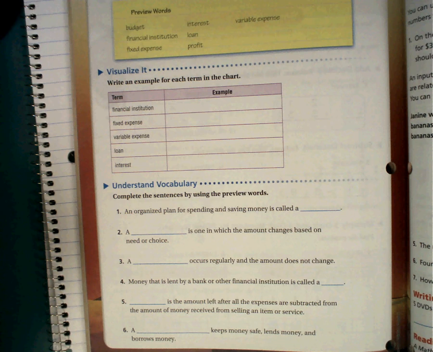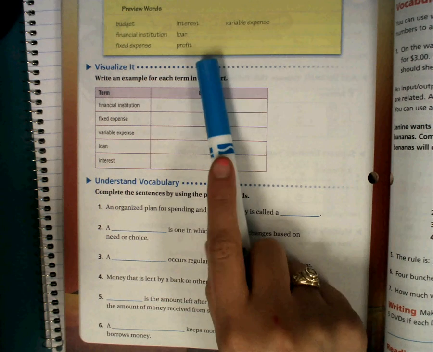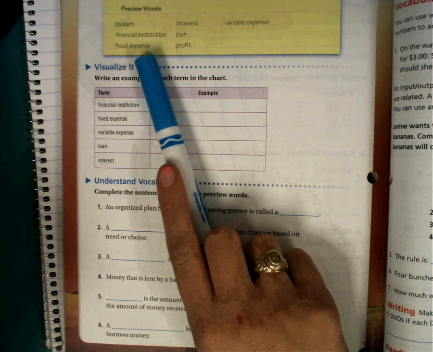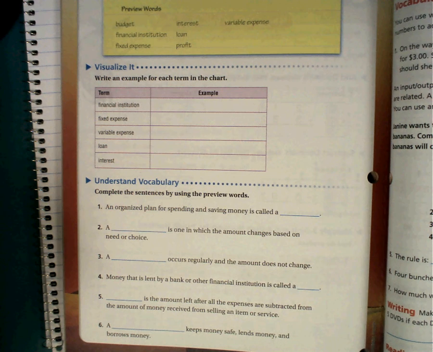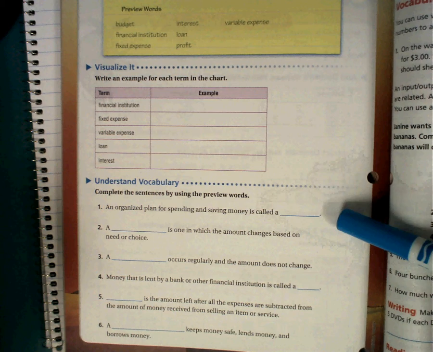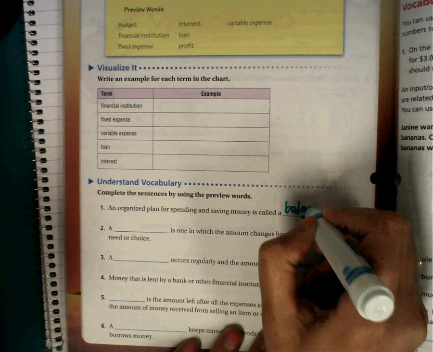So let's look. These are our words up here. So we've got budget, interest, variable expense, financial institution, fixed expense, loan, and profit. Okay? So let's start with number one right here. An organized plan for spending and saving money is a budget. All right? So a budget,